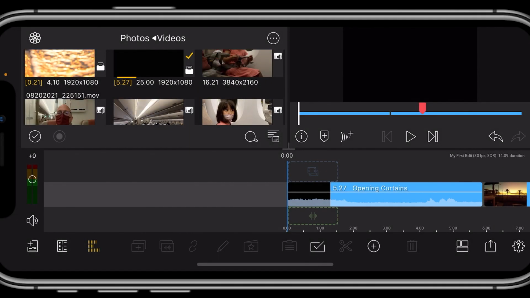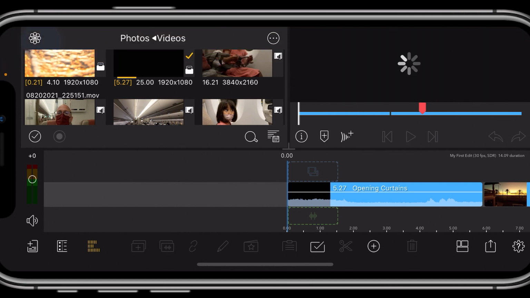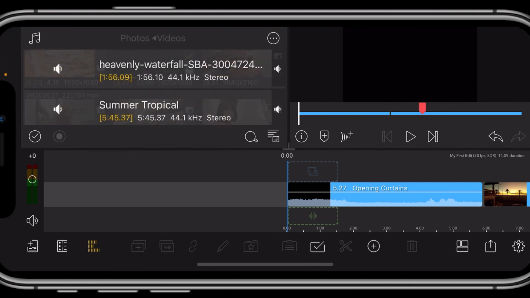So let's talk about the basics of adding music. What you'll do here normally, just as you would do video, let's come up here to the top left and we'll click on music. Now, what I've done is I've downloaded music from the internet, put it on my computer, put it into iTunes. In order to get it on my phone, I've simply connected my phone to my computer and drag and dropped the music file or files from my iTunes on my computer to my phone, and they pop up here. In order to add a music file to your timeline, simply click on it, just like we